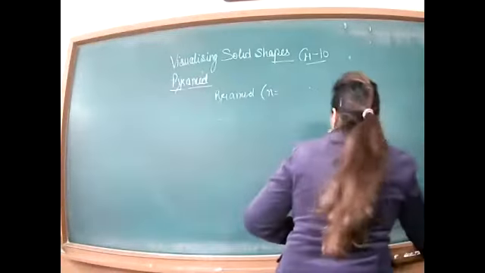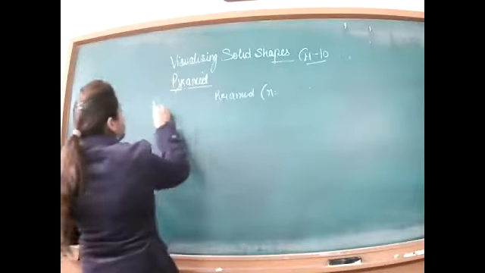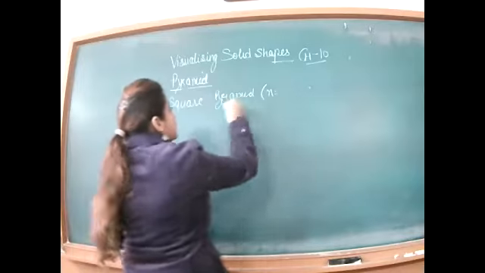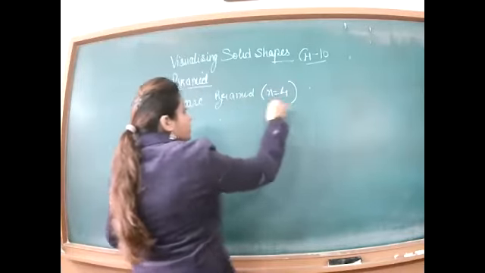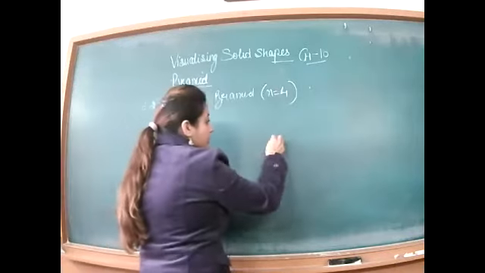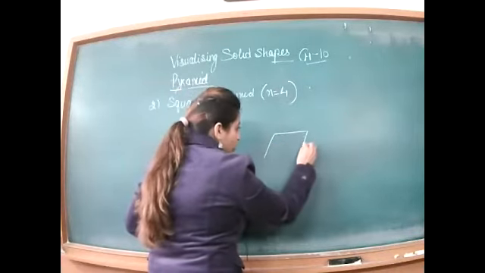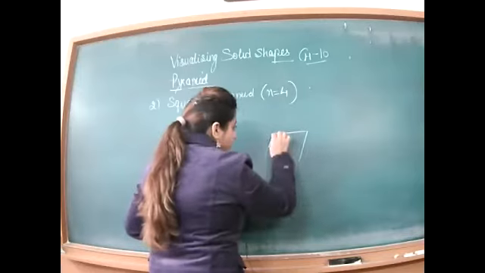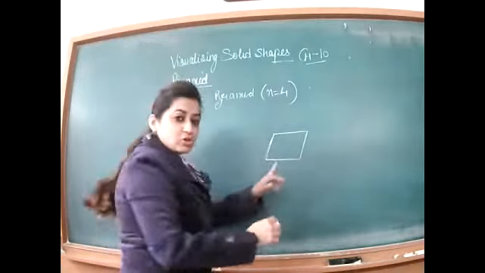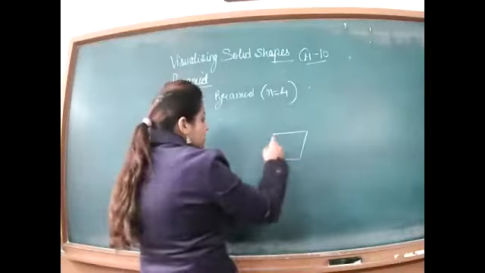Whose name is square pyramid? Yes, look here. The second one is square pyramid and the number of sides is 4. So for the square pyramid, you will draw a square at the base. You can draw the square in the standing position also. I am making both of these.